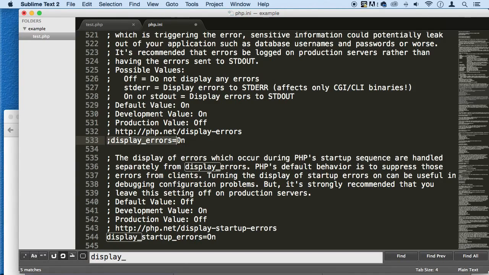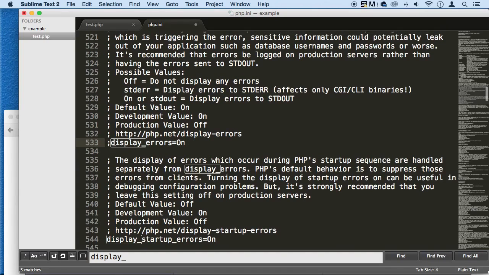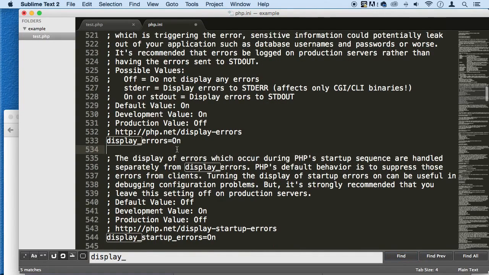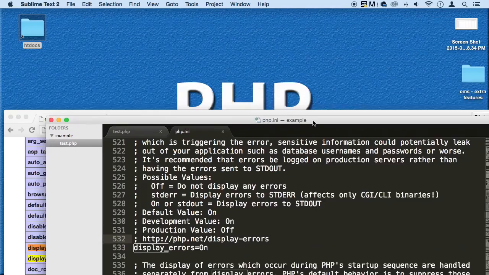I'm going to comment this out. So make sure that you have that like this. So I don't have any more display errors, only this, and this is not the one that is actually working. It's this one here for me. All right, so then when you save it, Command S or Control S, then what you need to do